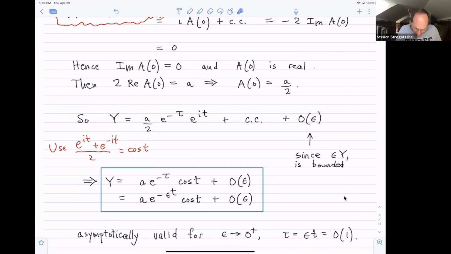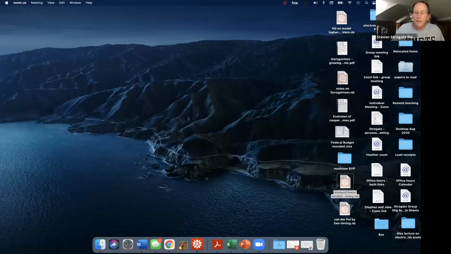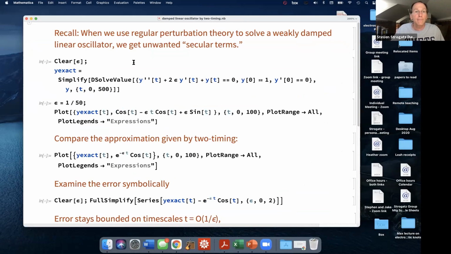So at this point, I want to show you how this looks when you do it in the computer, so you can see to what extent the method is working. So let me jump out of here and see if I can get Mathematica running. Okay, so,